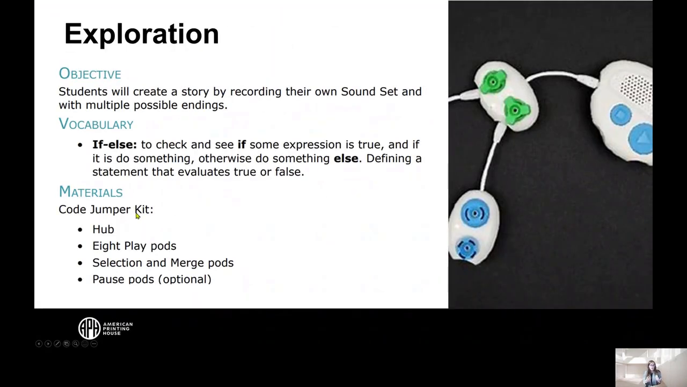So that last part is our exploration. And the exploration, this one is really great fun. Students will create a story by recording their own sound sets and with multiple possible endings. So there are so many opportunities in this exploration for multi-curricular, multidisciplinary work. They can write a story thinking about possible endings, and the beginning, the middle, and end of stories, writing it in their computer science journal, writing wherever you have them do their writing,